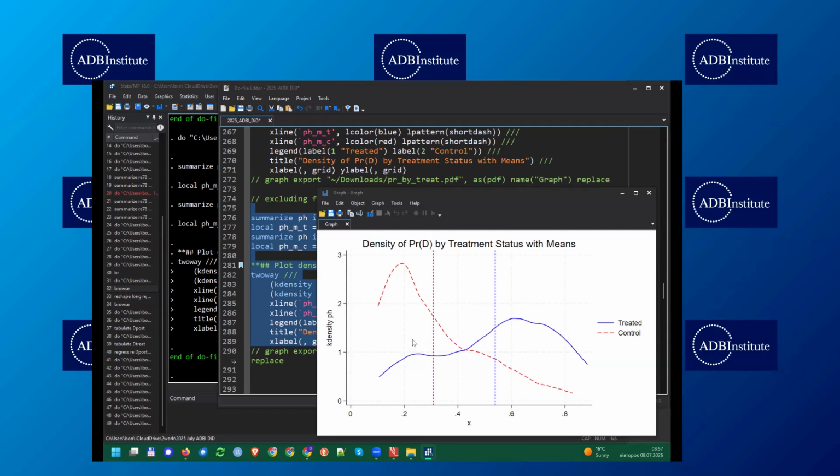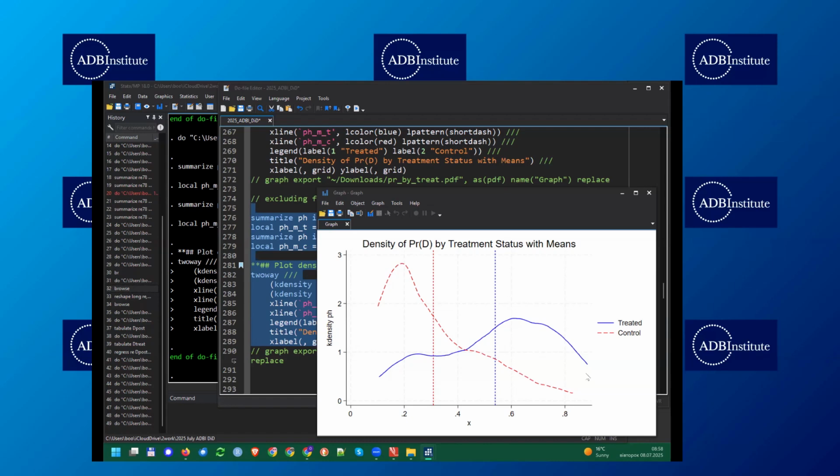And here we see that we restrict it to be from 0.1, which is this left bound here, to 0.9, which is the right bound here. And so these are these 15% of observations that we have in our sample, which will not violate the overlap